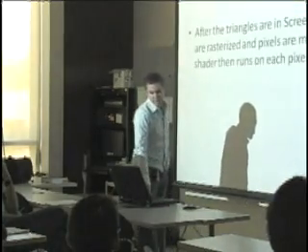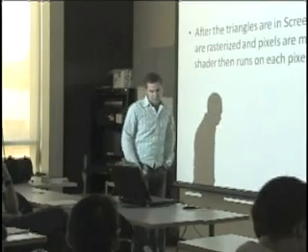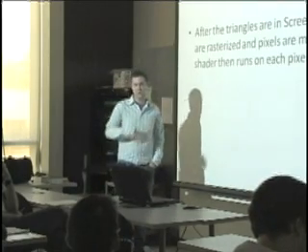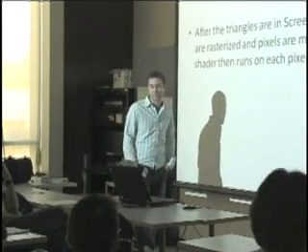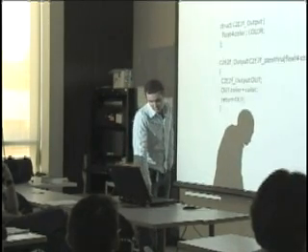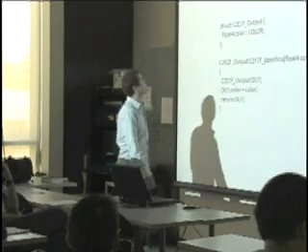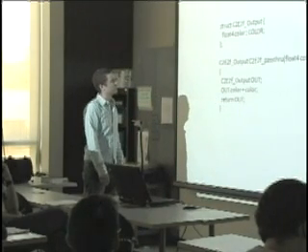So next is the pixel shader. After the triangles are in screen space, they are rasterized and pixels are marked, and then the pixel shader runs on each pixel. Here is an example. This one has a struct, but